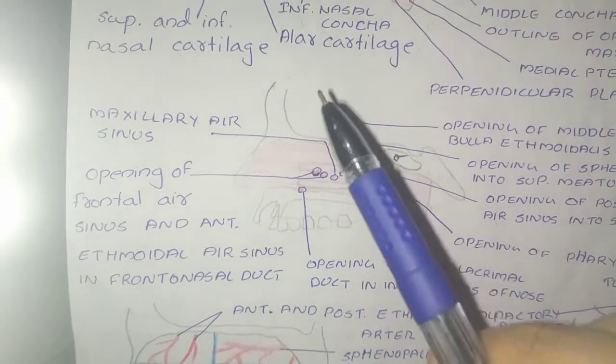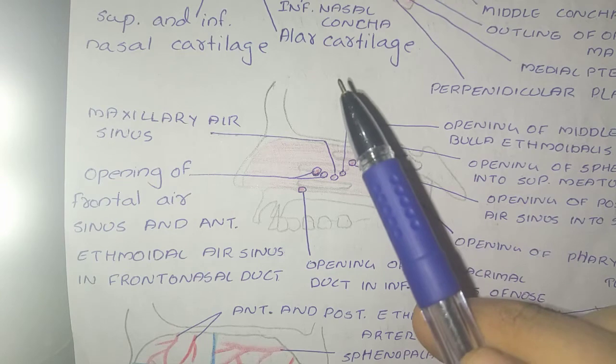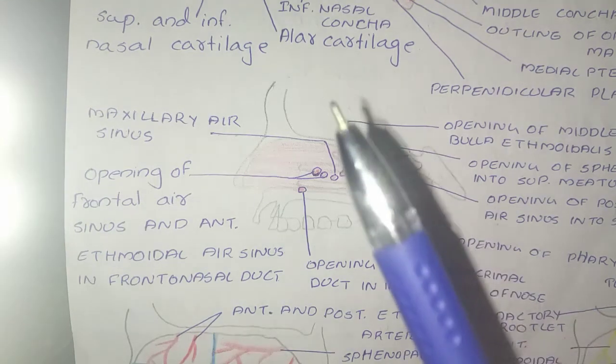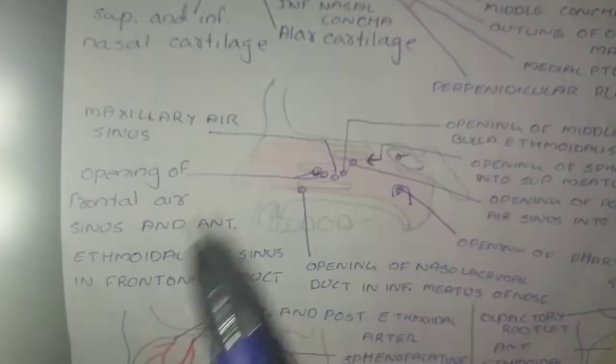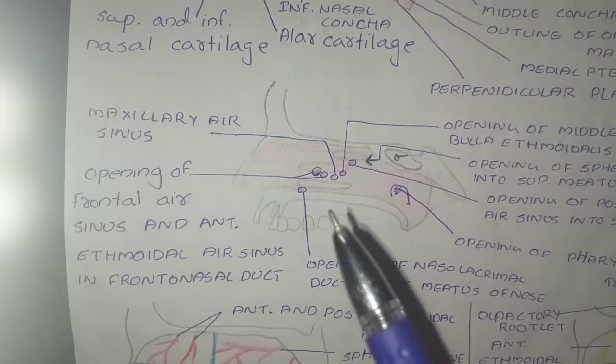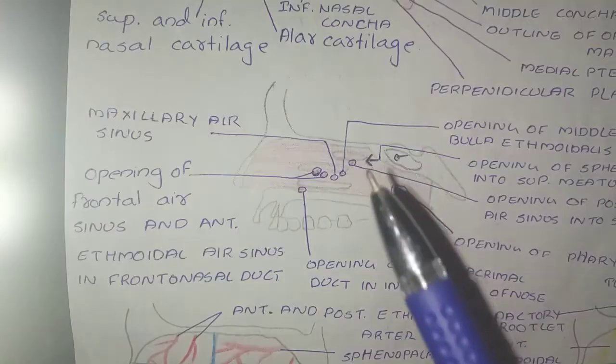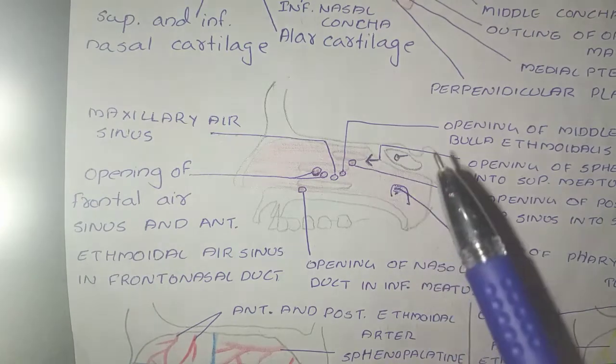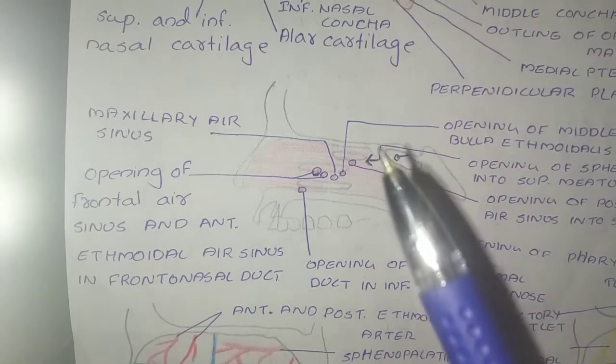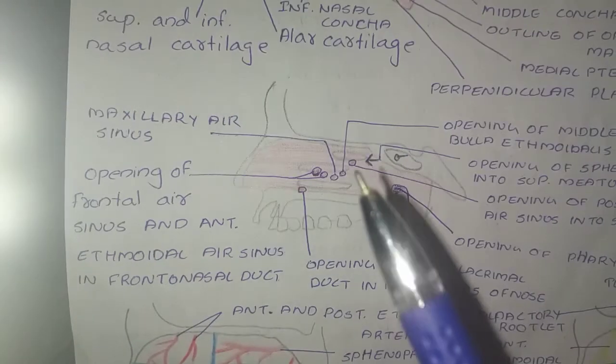And let's discuss the middle meatus. It lies underneath the middle concha and it has the following features. The first feature is the ethmoidal bulla. It is a rounded elevation produced by the underlying middle ethmoidal sinus, which opens at the upper margin